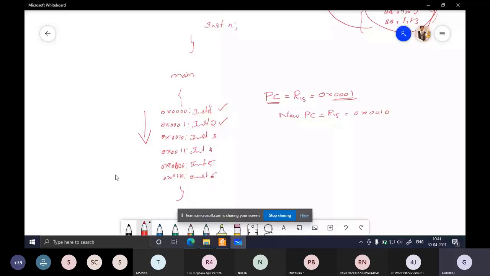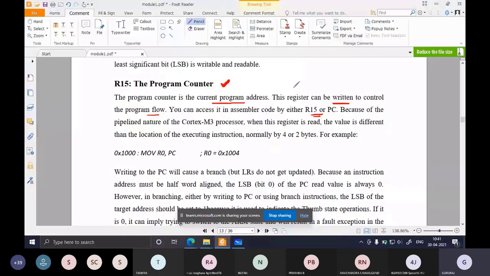Now I'll come to this statement. You can control the program flow by writing to register R15 or PC. What do you mean by that?